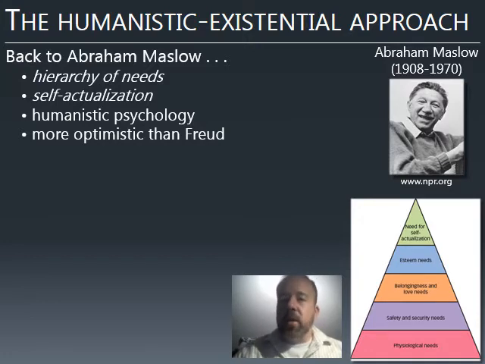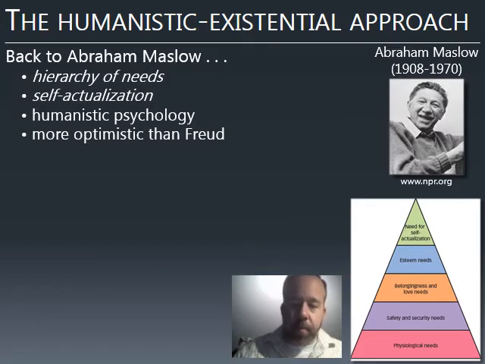And so Maslow's thinking was that people are, again, essentially good, and that their personality is not a product of this struggle with the unconscious. That in fact it is a series of choices where people, once they've taken care of their basic needs, really try to better themselves, try to be the